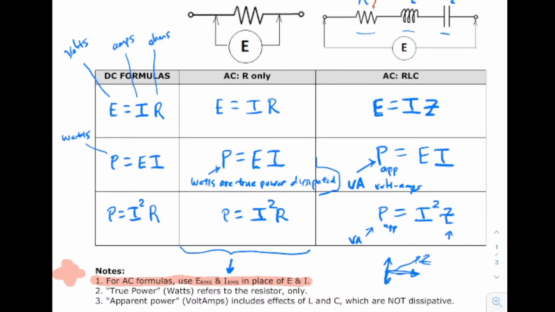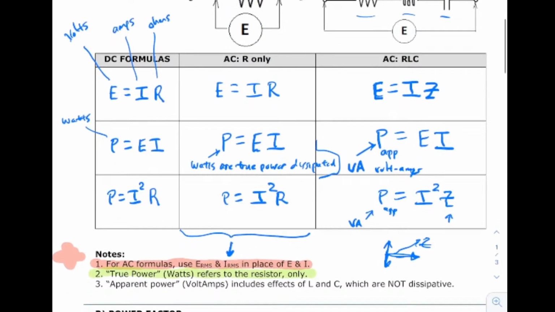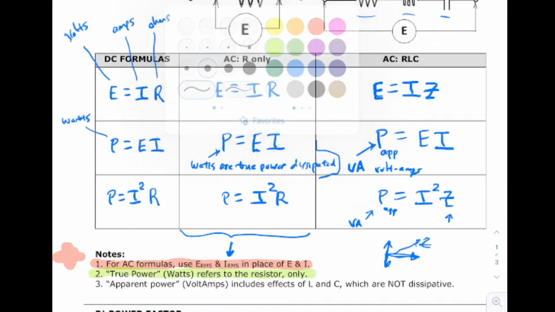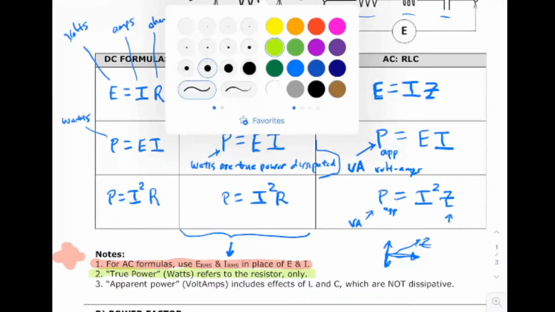Okay, so look at these notes down here now, maybe in a different color. Note number 2, the true power is in watts, and it refers to the resistor only, meaning the power is only dissipated in the resistor. So again, in this middle column, I was talking about a circuit that only had a resistor. So this was watts, because everything was in a resistor, right? So that was fine. But apparent power, and now I'm on the next line, line 3,